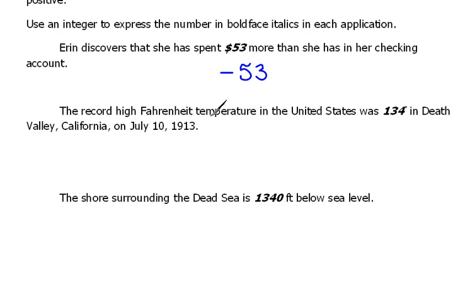The record high Fahrenheit temperature in the United States was 134 degrees in Death Valley, California, July 10th, 1913. 134 degrees, that is 134 degrees that we've always thought of. So if I were going to write that number, I would just write 134. We don't have to put a sign in front of it to indicate that it's positive. The last one, the shore surrounding the Dead Sea is 1,340 feet below sea level. That indicates that it is a negative number, so it must be written with the